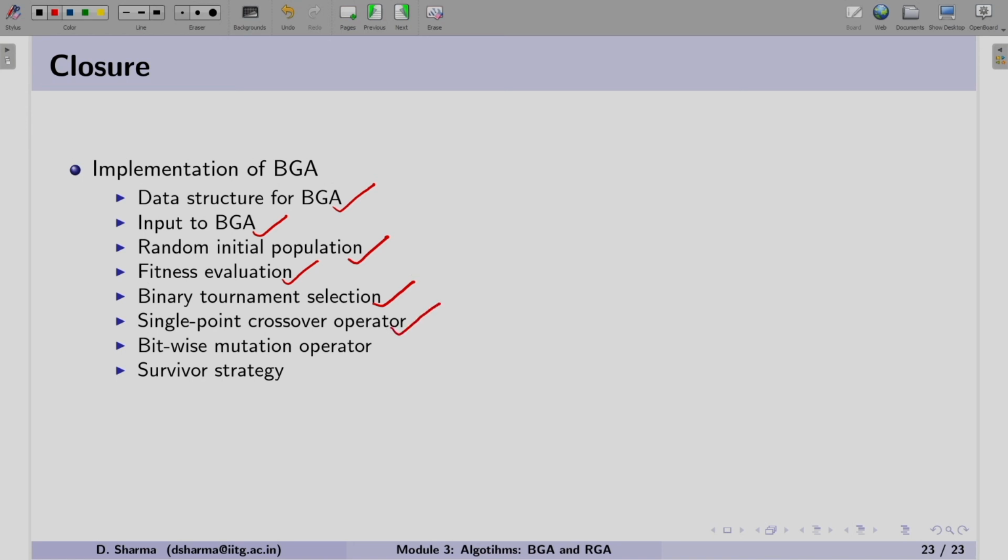Single point crossover operator is the simplest operator, where we find the site. From this site, we copy the head of the binary string from parent 1 to offspring 1, and we swap the tail. So from the site to the last bit, we are interchanging those bits from parent 1 to offspring 2, and similarly from parent 2 to offspring 1. So it was an easy implementation.